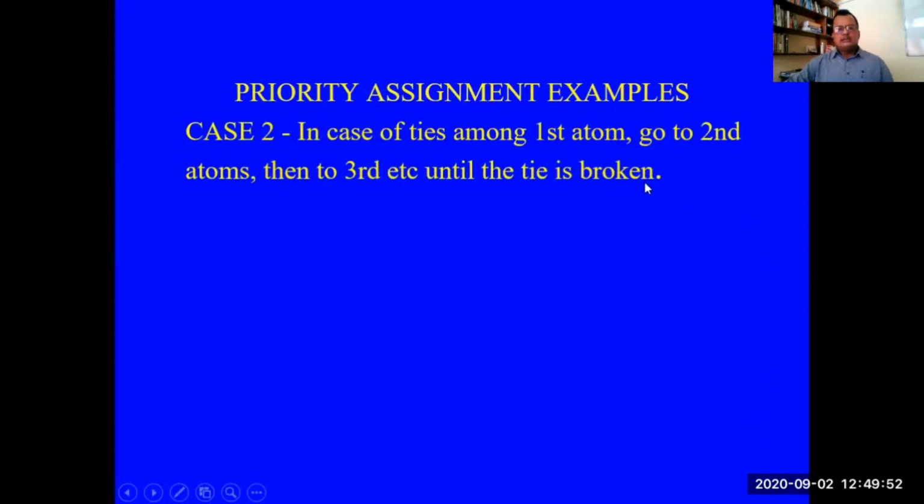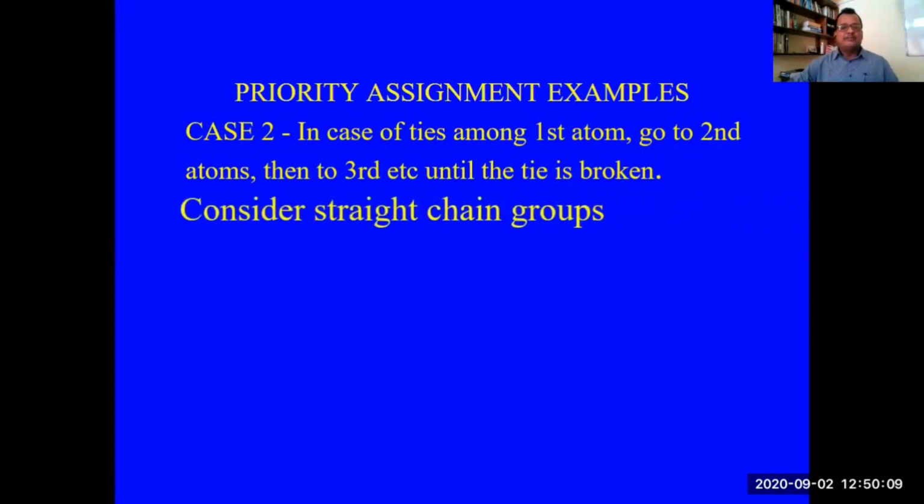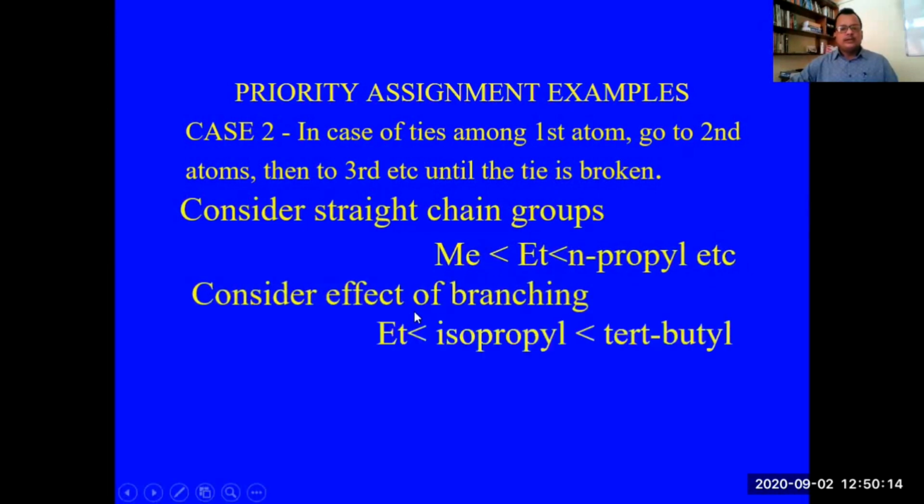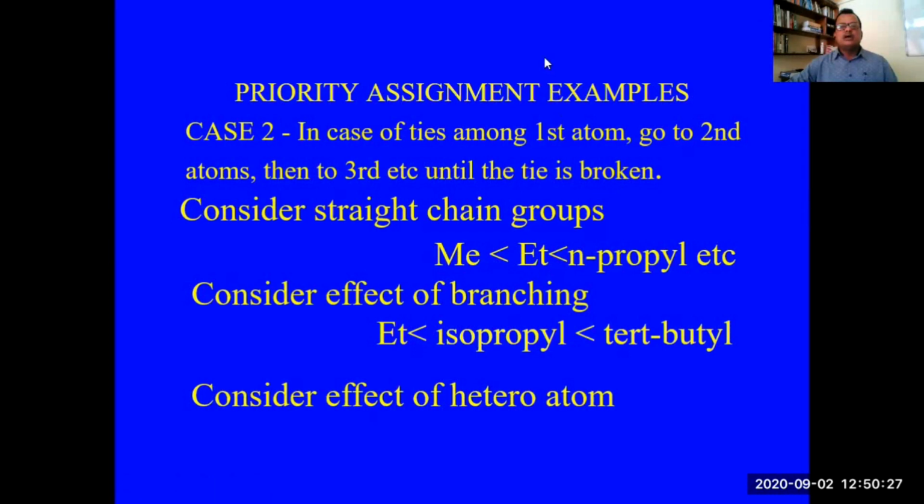So this thing I was telling, sometimes there may be a tie because two groups may be attached to the same atoms. Then what we do is assign priority on the basis of higher atomic number of the second atom. And if the second atom also ties, then you go for the third atom. So here you see these groups, I will show you: methyl group, ethyl group, and propyl group. I can show you this methyl, ethyl, and isopropyl group on the basis of priority.